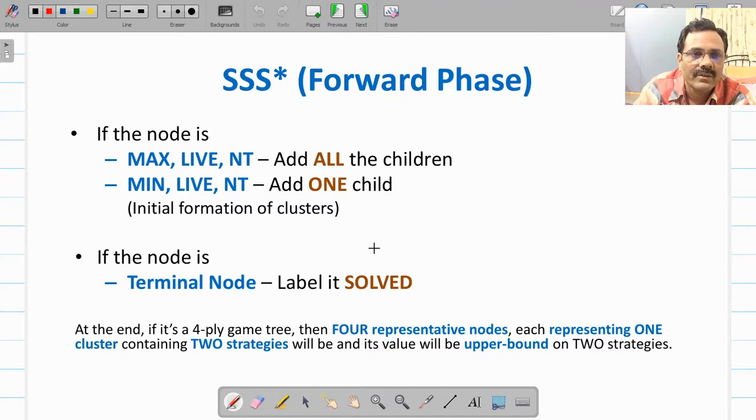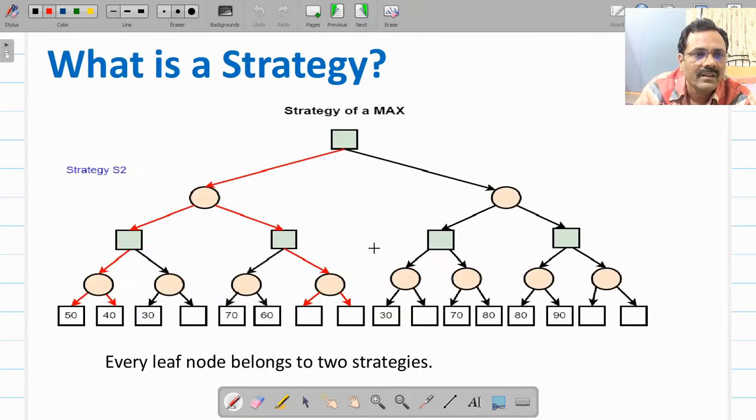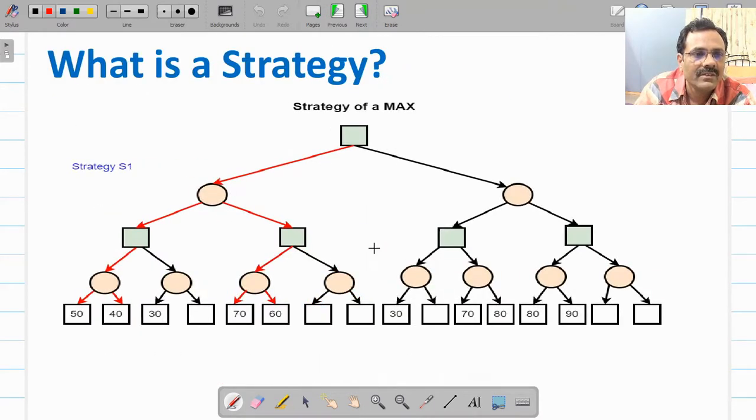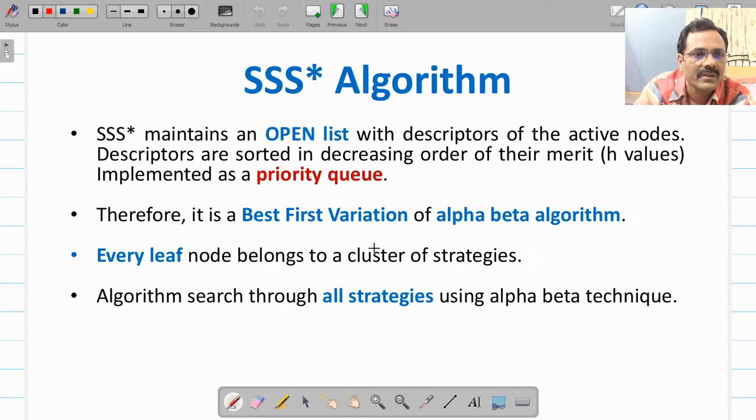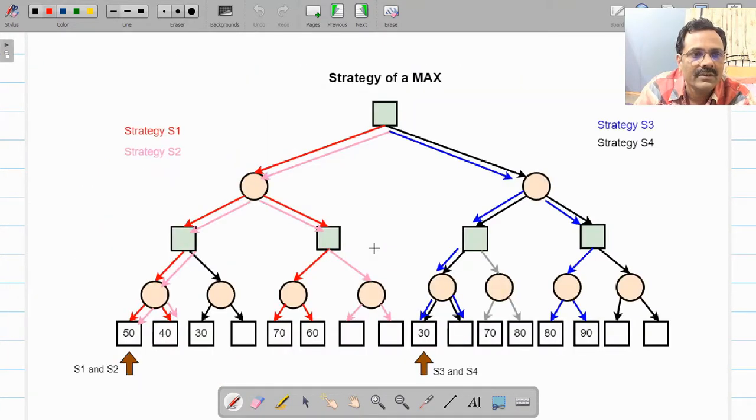If you select one node, that will belong to 2 strategies, as we have seen earlier. See the game tree, this is strategy S1, so we select one from max and all from min, and that defines a strategy. This is strategy S2, and in this way, going down, here we have 4 strategies: red color 1st, pink color 2nd, blue color 3rd, and these black color arrows show the 4th strategy.